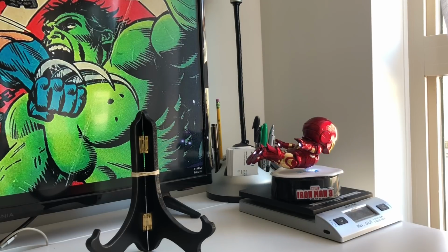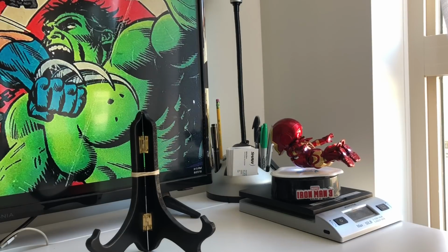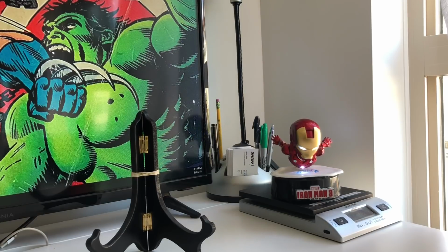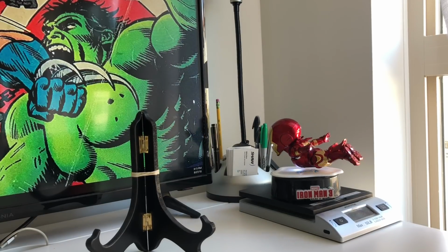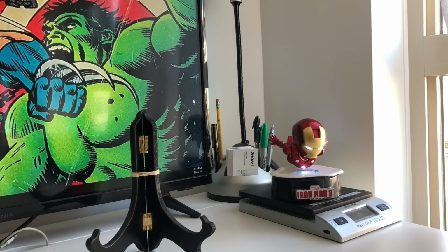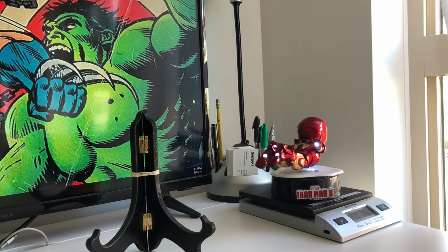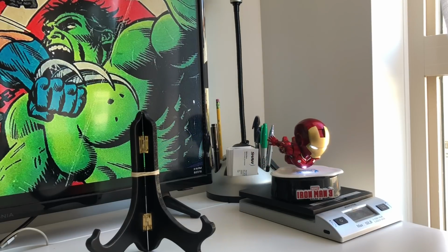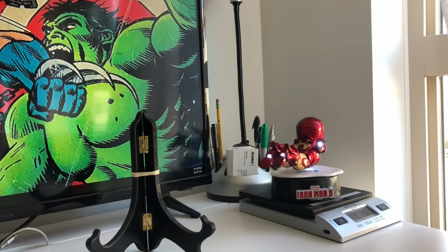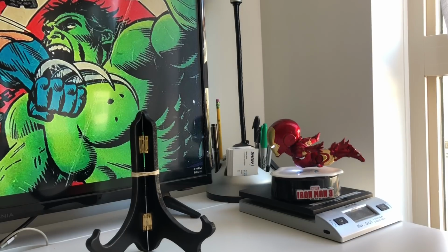So I'm here to show you some of my multiples in my collection, but the ones that are already slabbed. Most of these, if not all, I can't remember, are going to be CGC. But if you watch any of my videos, I do collect CBCS and PGX as well. So I don't discriminate between either one. Whichever I find does the best job for me, and of course I get a great deal on. So either or. We are going to start off with,